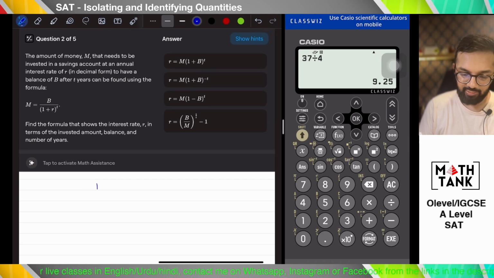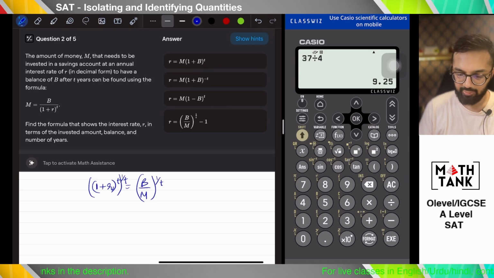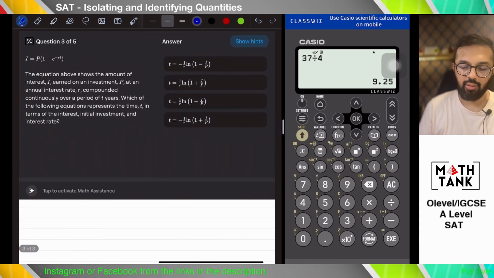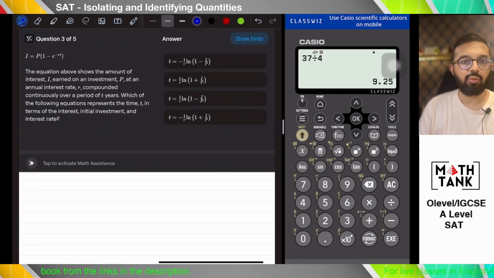I want to first say that (1 plus R) power T equals B over M. Then power 1 over T, Tth root basically. So that gives me 1 plus R equals (B over M) power 1 over T. R is that minus 1. Should work. Question number 3, the equation above shows the amount of interest I earned on an investment P at